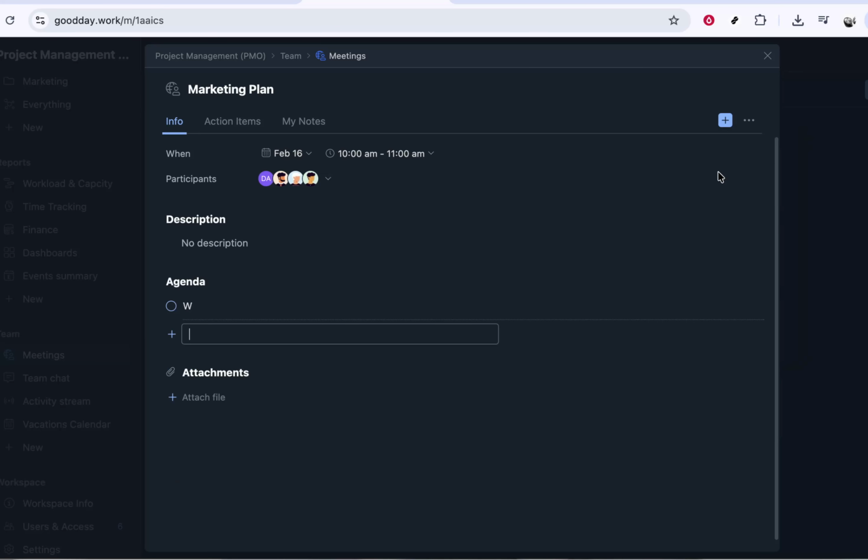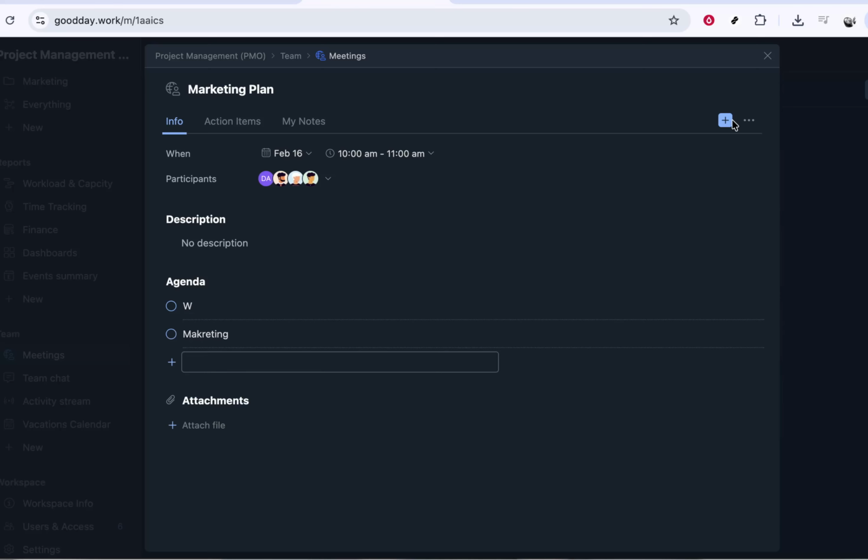From the options that appear after you click the plus sign, choose Agenda. Selecting Agenda will add an agenda or description section to your meeting. This is where you can type in your meeting description, talking points, goals, or any other important information you want attendees to see ahead of time. Take advantage of this space to make your meeting more structured and clear. Once you're done, your agenda